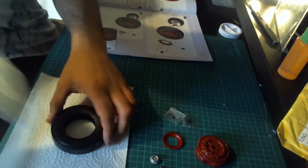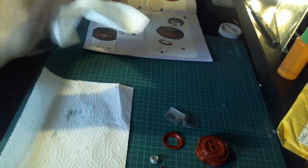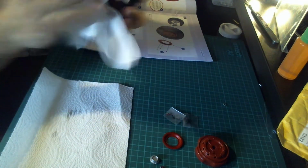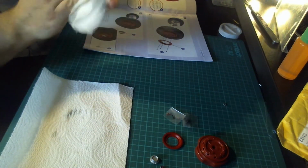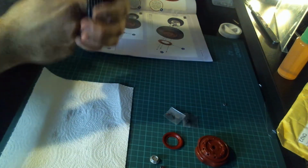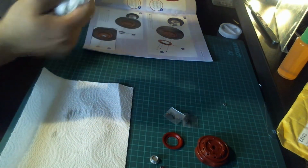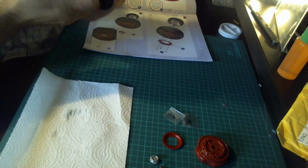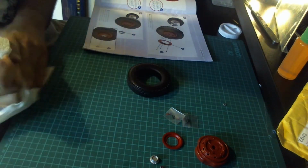Now I'm going to dry up all the excess water just inside the tyre, and again this is warm, so all the time it's out of water, it's drying itself as well. So once you're happy that that is completely dry, which I am,